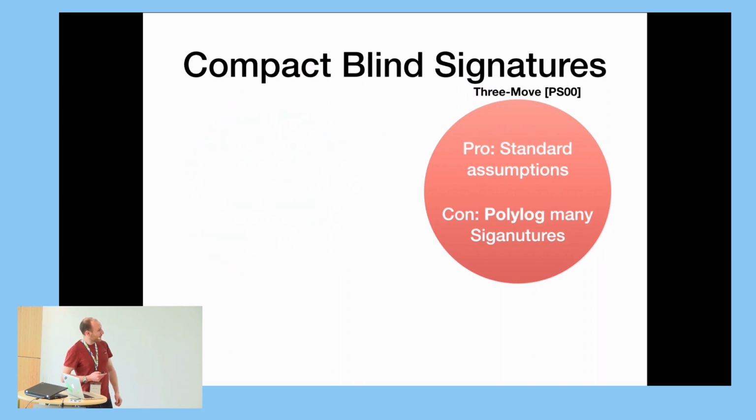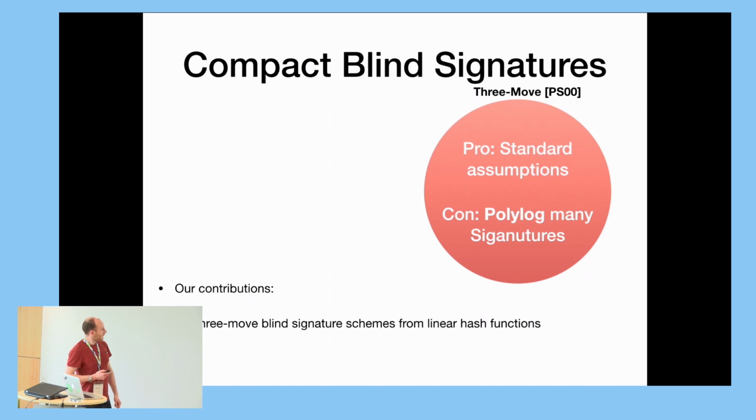And this is what we're going to be doing in this talk. So I'm going to focus on the schemes here on the right side. So far, they were mostly considered by Pointcheval and Stern in their seminal paper from 2000, Journal of Cryptology. So our contributions are, we show in our work how to build any such three-move blind signature scheme from